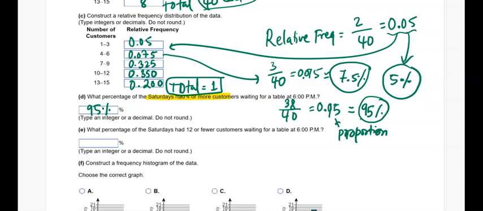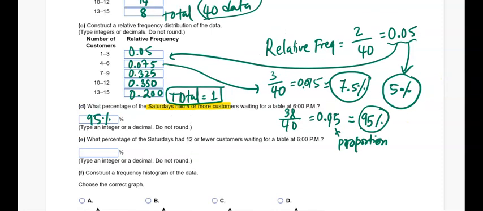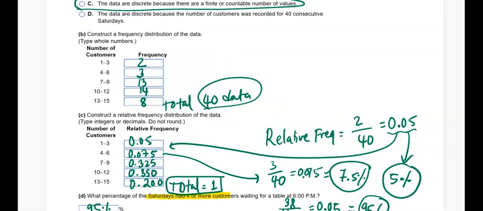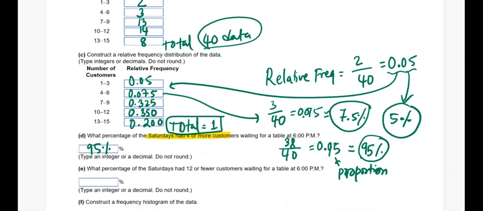So next question, part E. What percentage of the Saturdays had 12 or fewer? If you look at the 12 or fewer, you're looking at this number of customers, 12 or fewer, and 14 Saturdays, 12 or fewer, 13 Saturdays, 12 or fewer, 3 Saturdays, 12 or fewer, obviously 4 to 6 customers. So basically subtract 8 to find 12 or fewer. It's going to be 40 minus 8 equals 32. So 32 Saturdays,